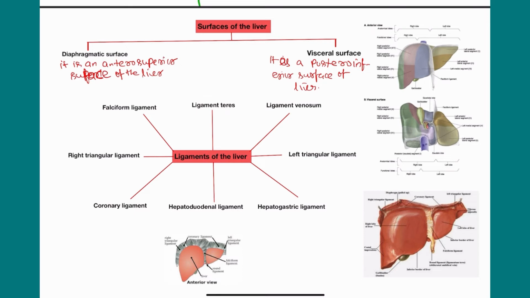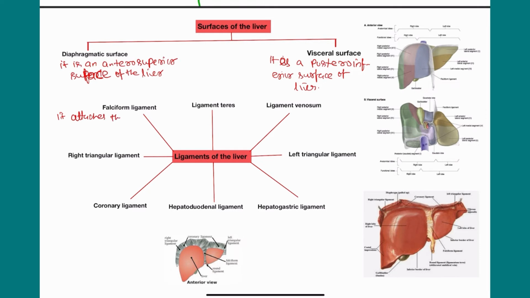First of all, I will discuss the falciform ligament. Here is the falciform ligament present in the liver, and it attaches the liver to the anterior abdominal wall and the diaphragm. Here the diaphragm is present, and in the front is the anterior abdominal wall. So I will write here so you will not be confused.